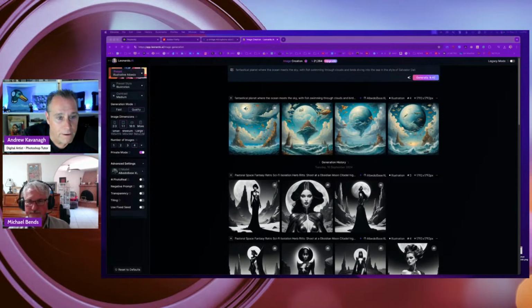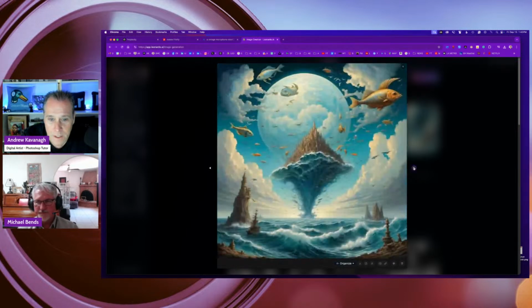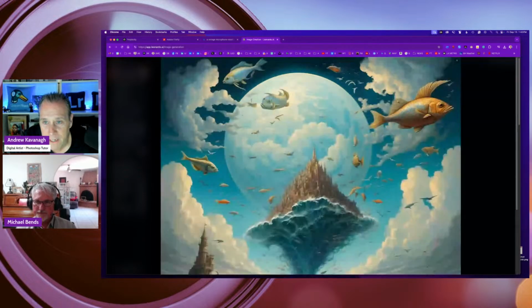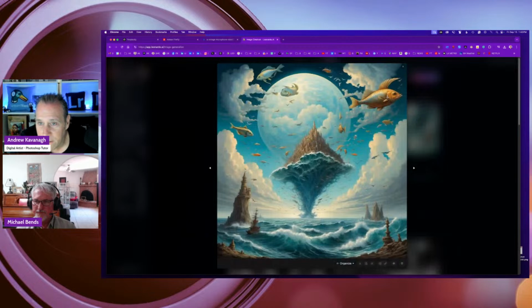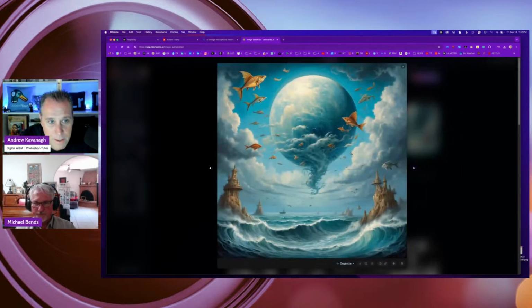So here we are in Leonardo, and this is why I like Leonardo the most. The minute I click on Leonardo, there's just a bit more depth here, and it looks like a real painting at the bottom, kind of an oil painting. There's more depth, more detail, and the quality is better. There are some weird abstract shapes that I would retouch out. But some of the fish here, if I zoom in, the quality is nice, and there's even some nice shading. So I'm a bit of a fan of Leonardo.